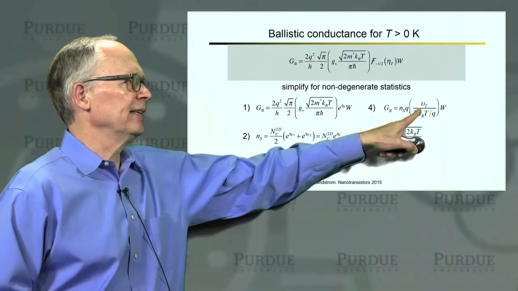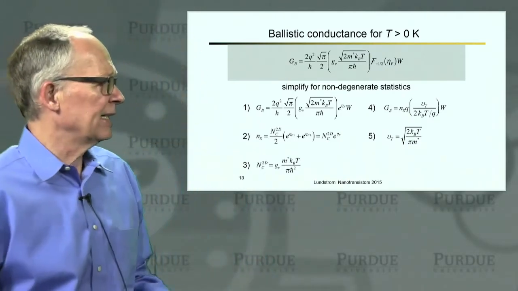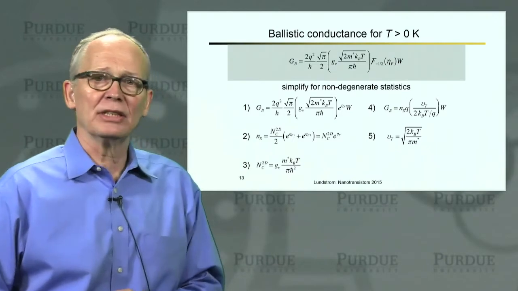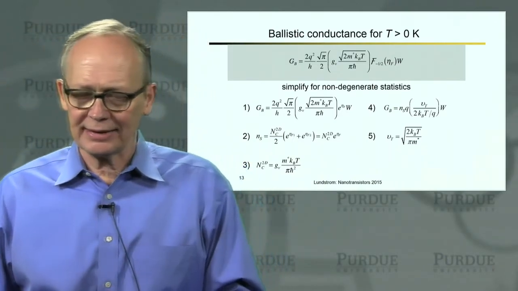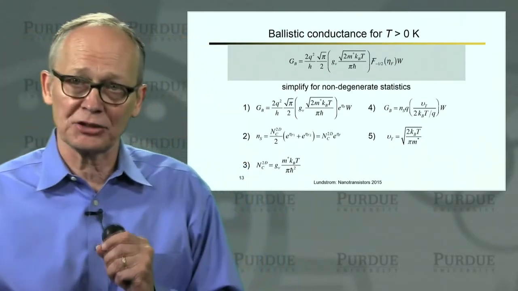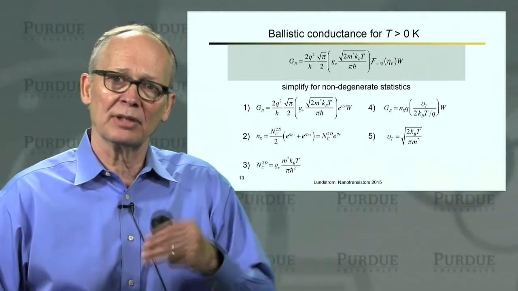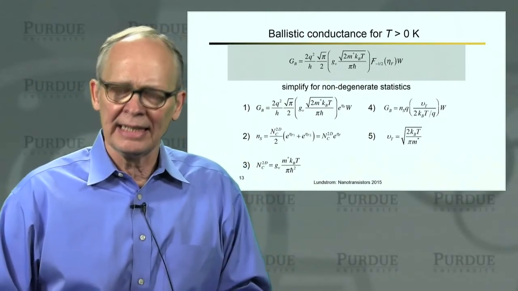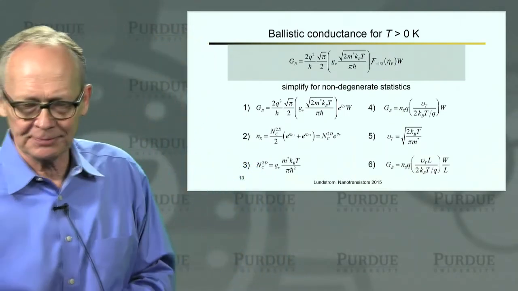This quantity v sub t was a collection of constants that came out of this algebra, and it's a collection that has units of velocity. This is the unidirectional thermal velocity, and we've seen it before when we were doing the ballistic treatment in lecture 1 of this unit, and we'll discuss it a little more in this unit. It will come back again and again. It's an important velocity in our thinking about ballistic MOSFETs.